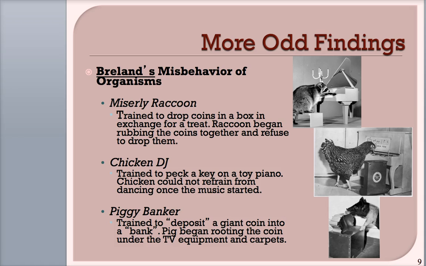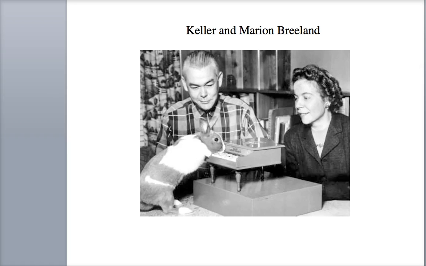And so Marion and Keller had trouble, and they had so many times they had trouble with animals not actually following through on the behaviors that they were training, using food as a reinforcer, that they wrote this paper and had it published. So here they're trying to get a bunny rabbit to play the piano. They probably should have gone into cartooning. It would have been easier.